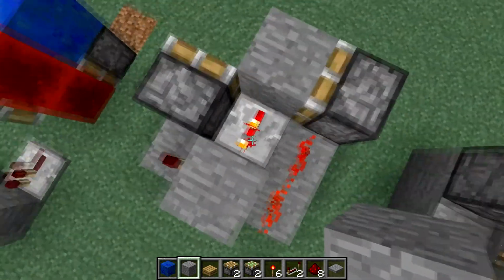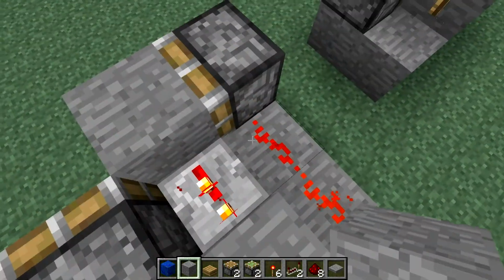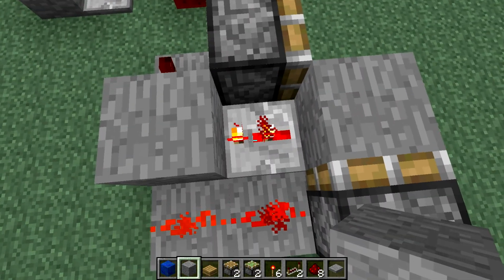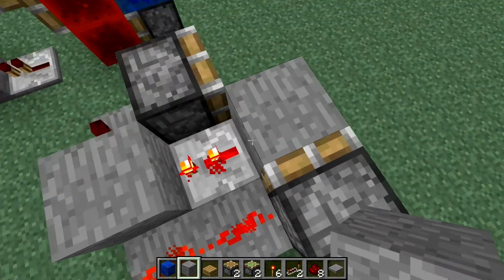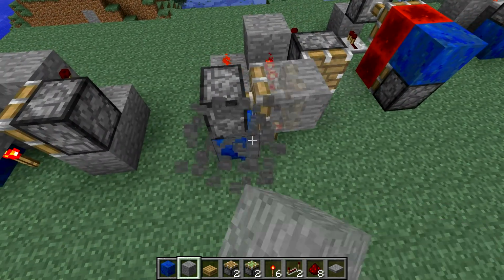Now, there was something about this. I was looking this up, and apparently, from what I saw, it was used with a 1-tick delay. However, I'd increase the delay to 2 ticks. Mine kept on bugging out. So if I place a block here,